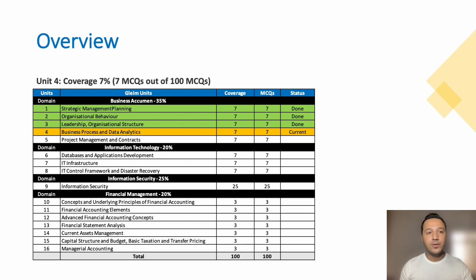Just to have a quick review, in Unit 1 we talked about some of the definitions related to strategic management, and then we discussed how different businesses position themselves to achieve their strategic goals, and how they set their strategic goals. There were certain theories that we have discussed. Then in Unit 2, which is about organizational behavior, we talked about different